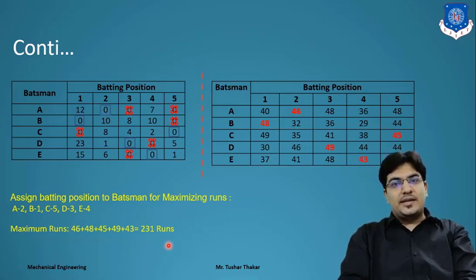We can make a minimization table after subtracting the maximum value from all the values. So we get a minimization table, and we have to follow the procedure as per the assignment problem. First is row reduction, second is column reduction, third is to assign the work. If in the assignment any row or column doesn't contain any allocation, then we have to follow the tick marking procedure, and then after we make one assignment and find out the answer, whether it is a maximization or a minimization. Clear?